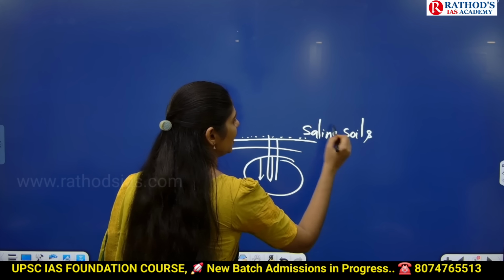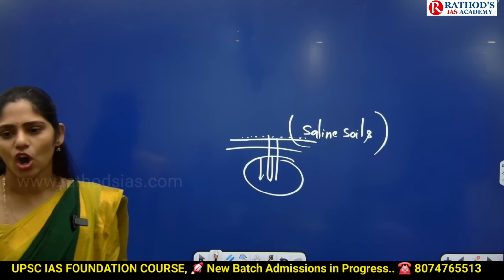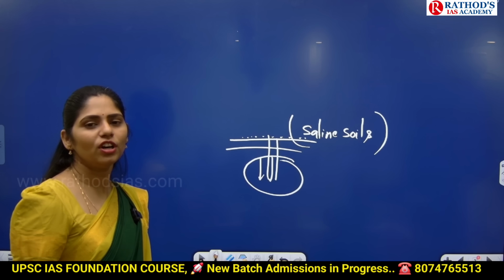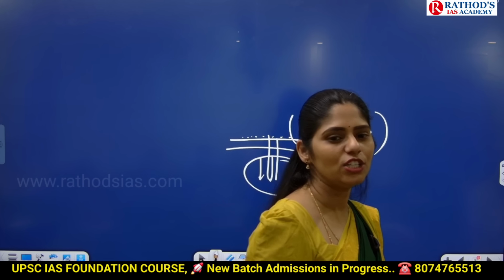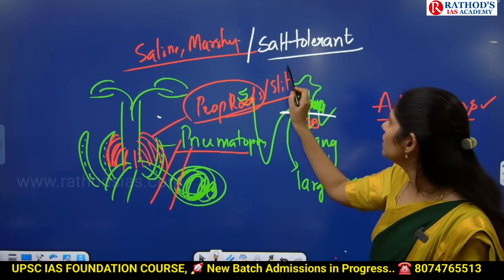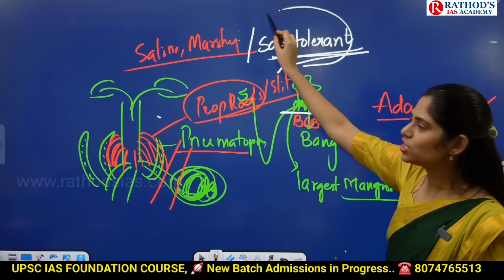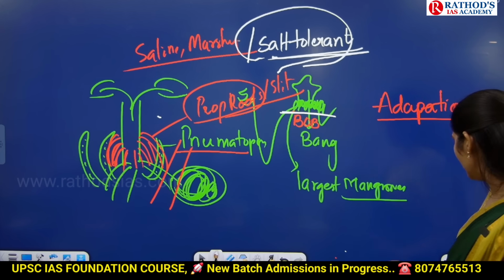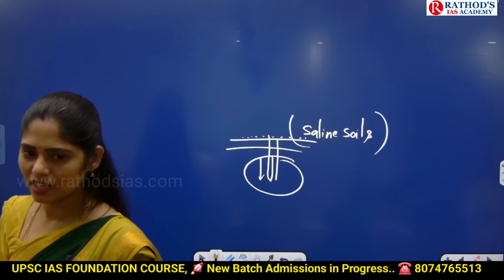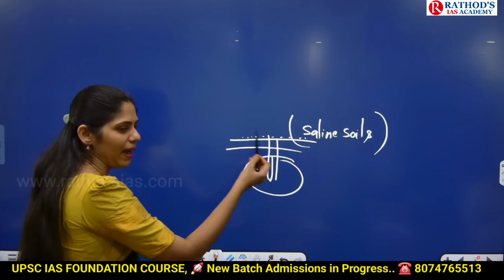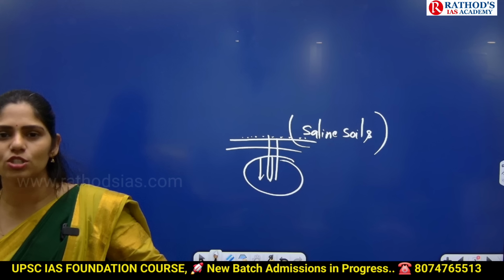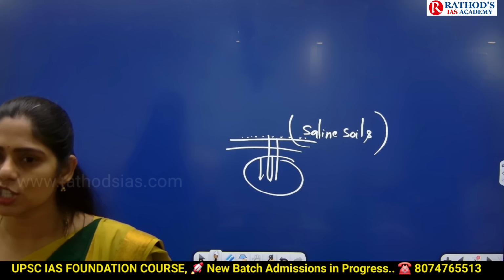So what happens in the saline soils? If you are going for agriculture, obviously the agriculture productivity will be reduced. So now we are using gene therapy or genetic engineering, and we are isolating the genes from mangroves because they are salt tolerant plants. We are isolating the salt tolerant genes and adding them to our paddy, which we can grow in the plains. Because of this, paddy with the salt tolerant genes can produce more. That will lead to good agriculture productivity, so that we can ensure food security.